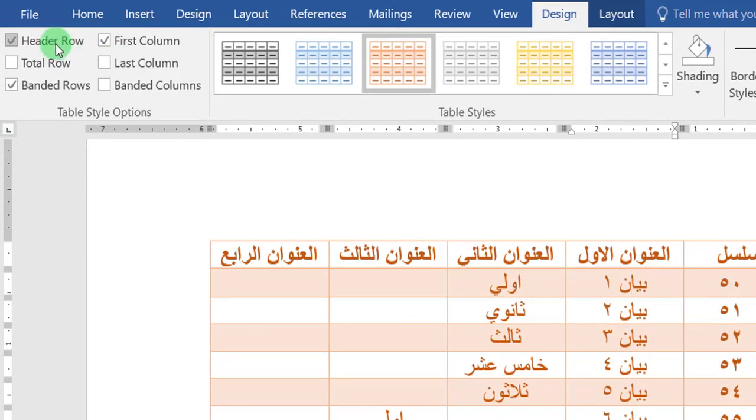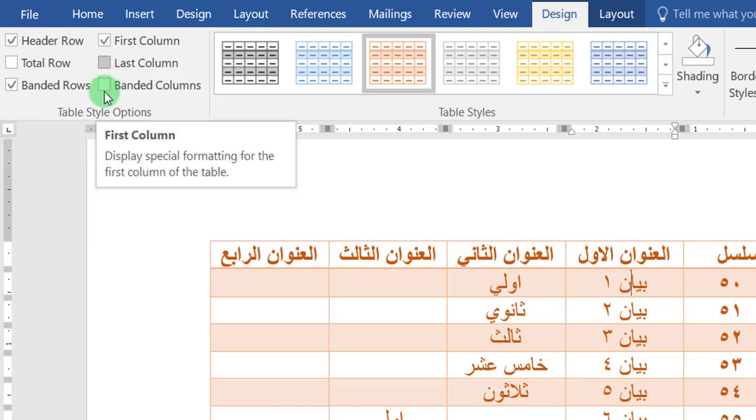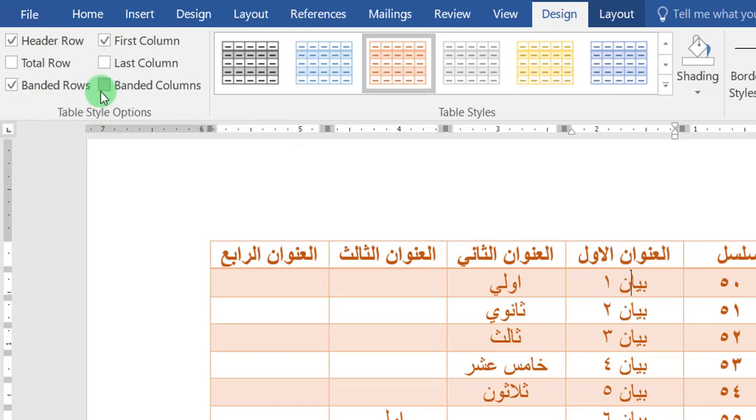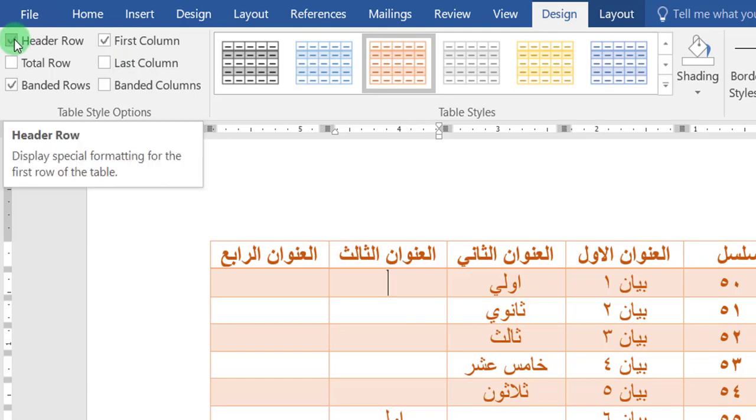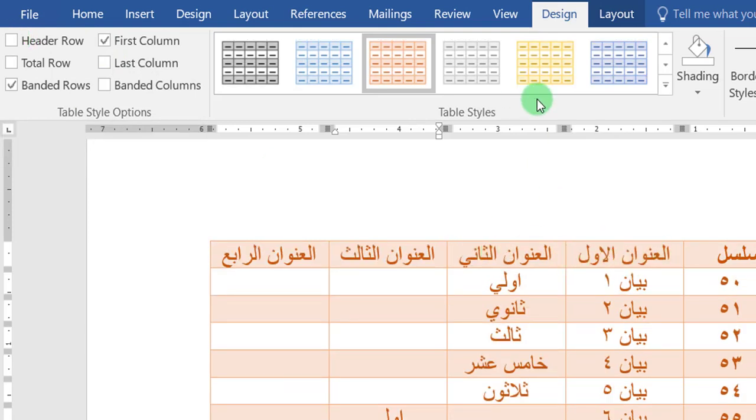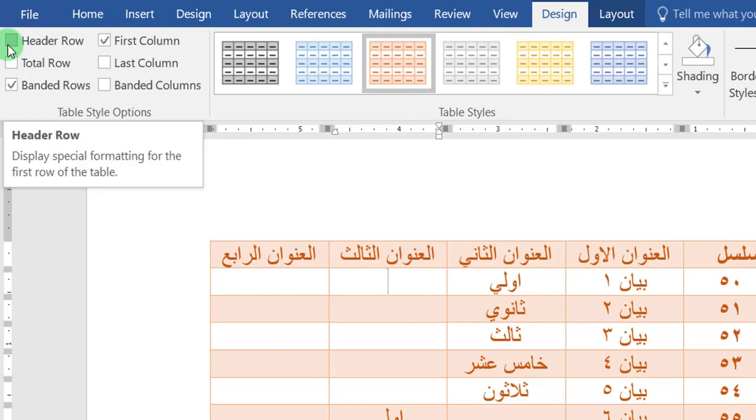Here, you have choices for the header row, first column, and banded rows. For instance, clicking here on the banded rows and deselecting it will remove the formatting of the banded rows. When you remove the selection from the first column, it will remove the formatting from the first column. Here, if you deselect the header row option, it will remove the formatting of this row.